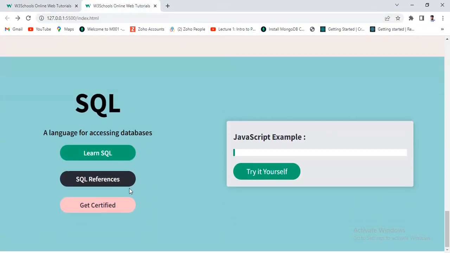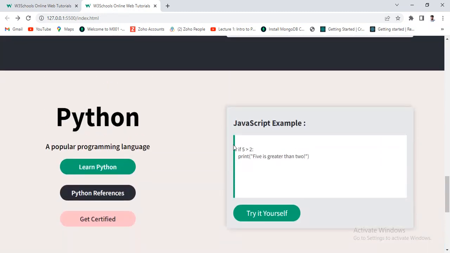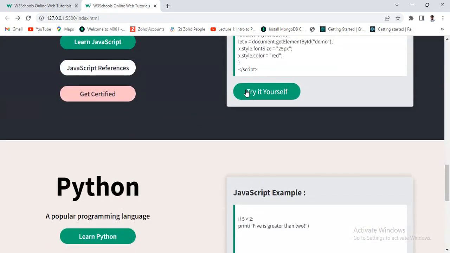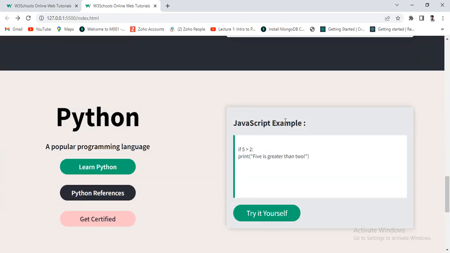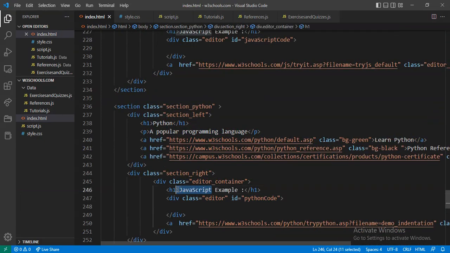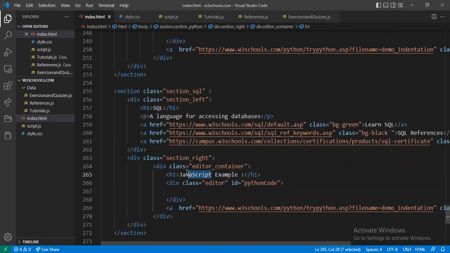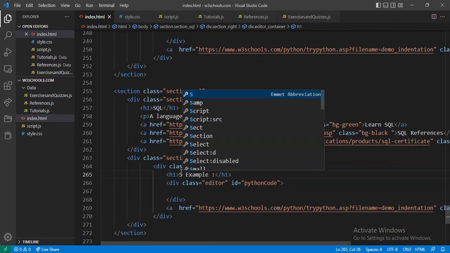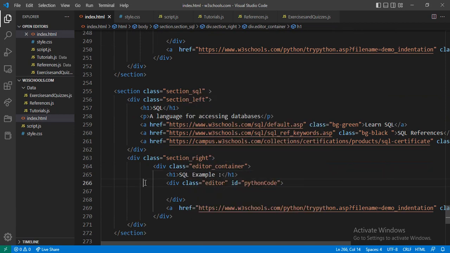See, okay, this will be done, and here I want to insert, okay, I forgot, after the JavaScript I forgot to change this name. Let me change. Here I want to give Python, and after that this will be SQL, and here I want to give this SQL, and just copy this